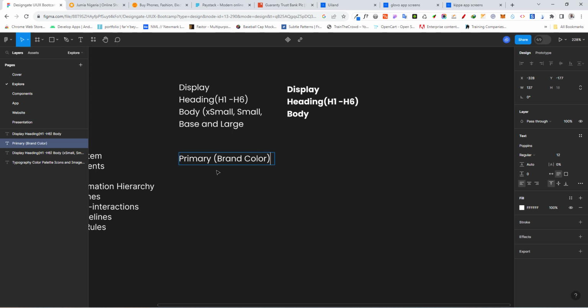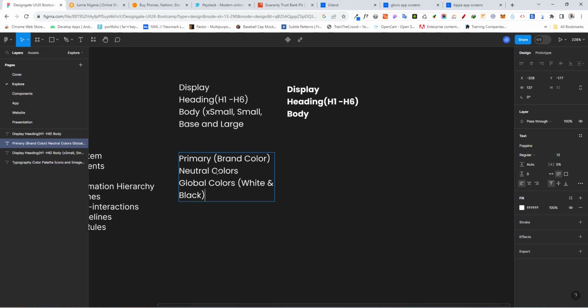Then we want to have neutral colors, just like I showed you on the website. Neutral colors are mostly grays. Then we are going to have global or universal colors, basically white and black,